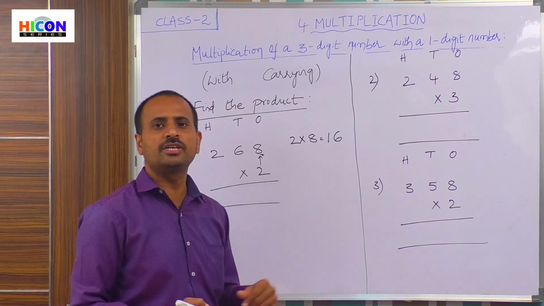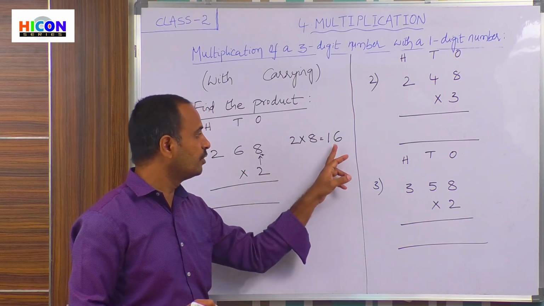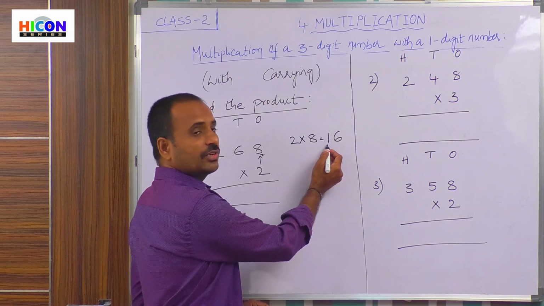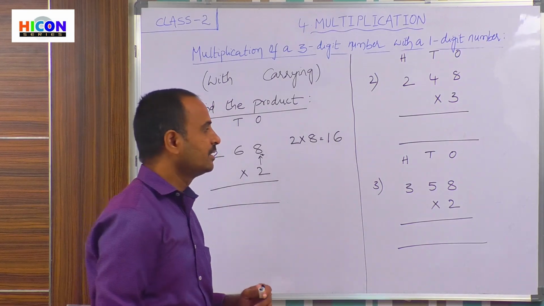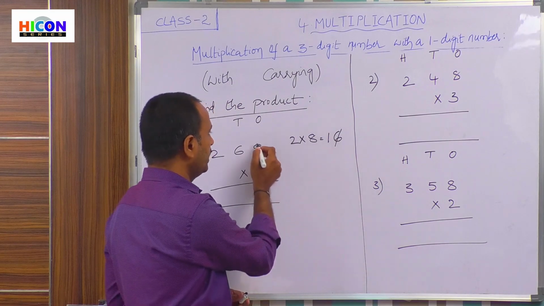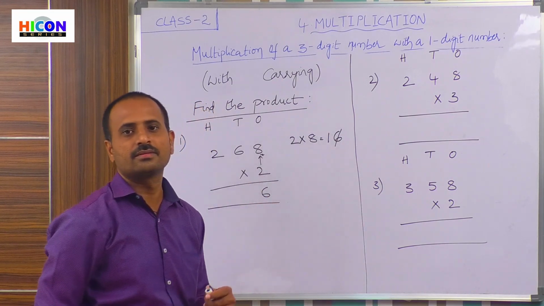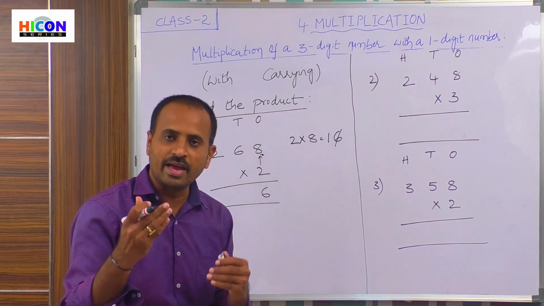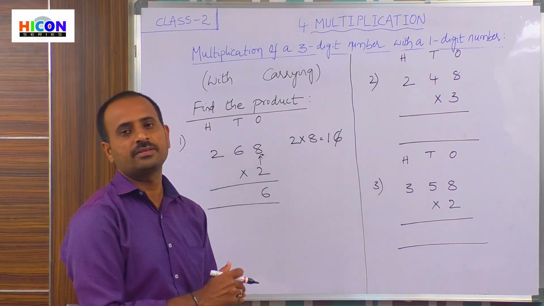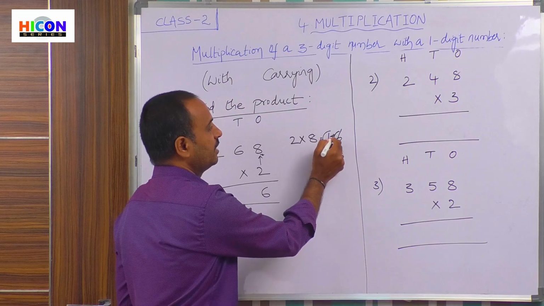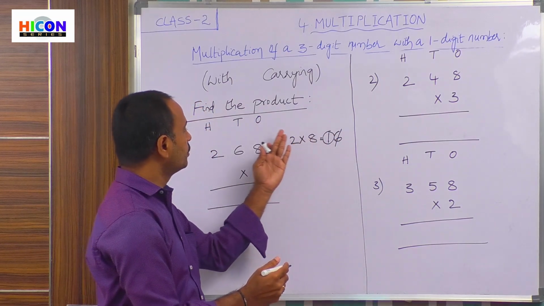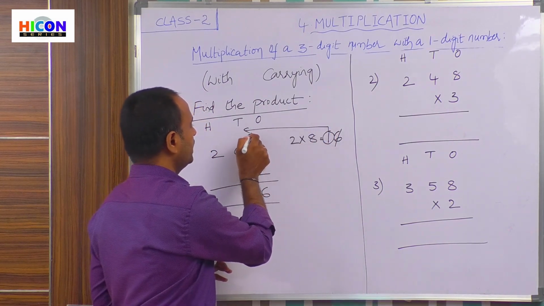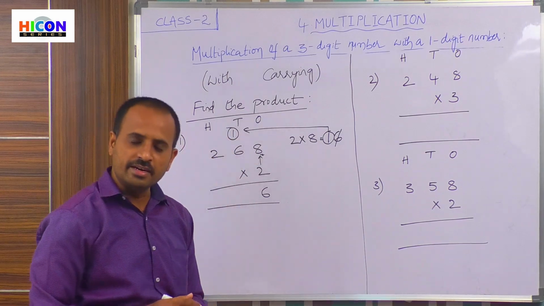If the product is a 2-digit number, write the second digit only under ones place. In this, what is the second digit here? 1 is the first digit, 6 is the second digit, and write the second digit 6 only under ones place. And there is the remaining first digit. What do we have to do with this first digit? We have to carry that first digit to the next place. What is the first digit here? 1. And what is the next place? Tens place. So carry this 1 to the tens place and write 1 under tens place.